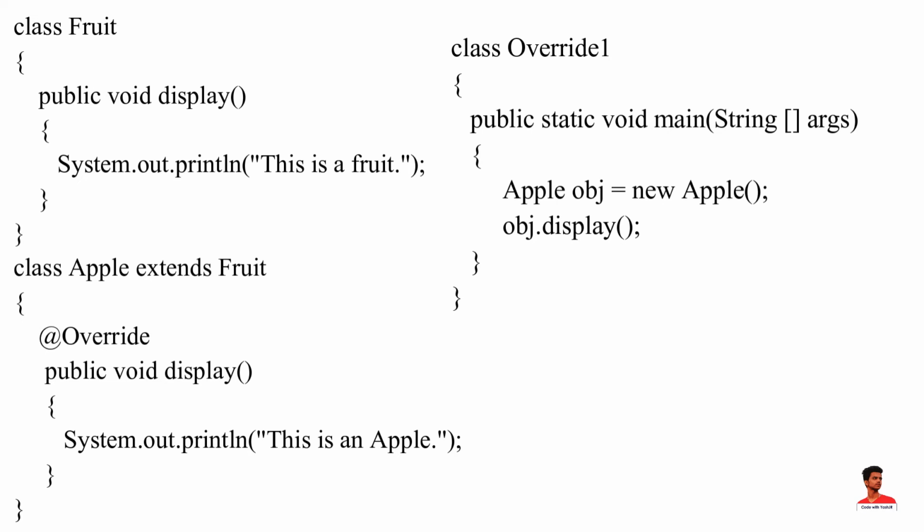Notice the use of the @Override annotation in this example. In Java, annotations are the metadata that we use to provide information to the compiler. Here, the @Override annotation tells the compiler that the method after this annotation overrides the method of the superclass. It is not mandatory to use @Override. However, when we use this, the method should follow all the rules of overriding, otherwise the compiler will generate an error.